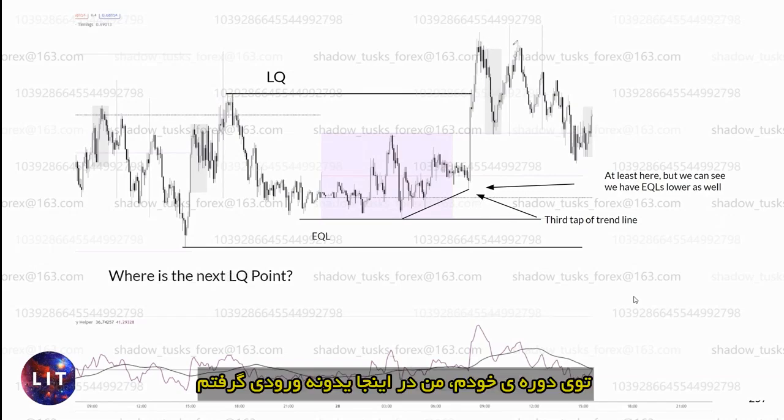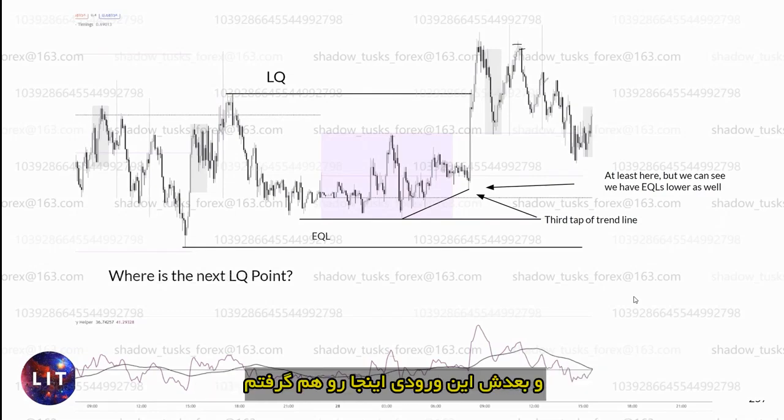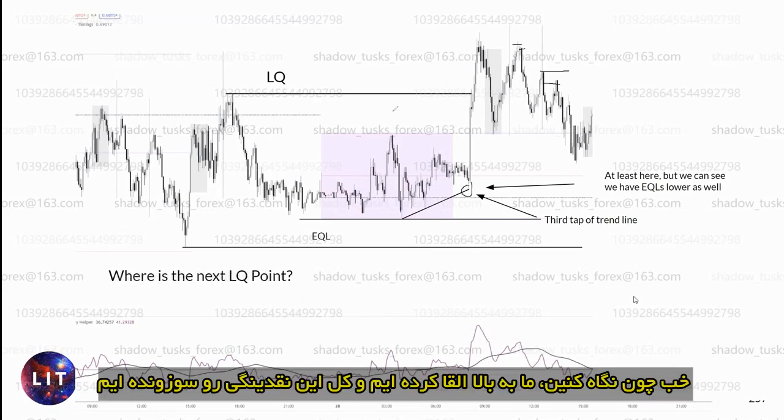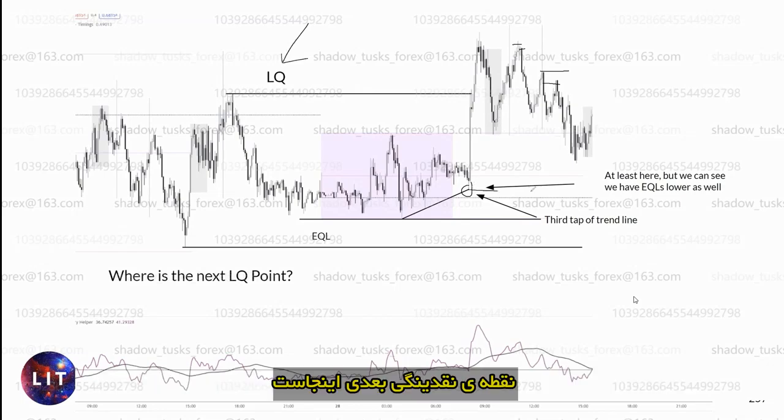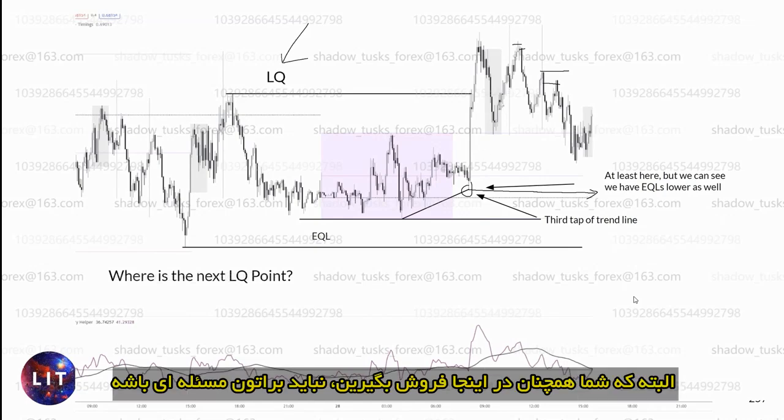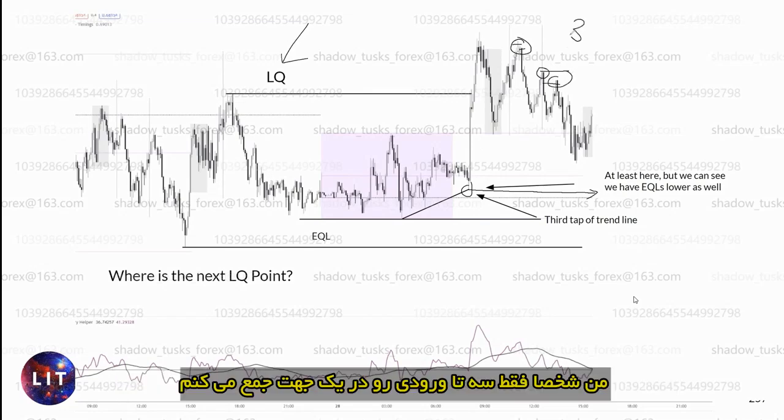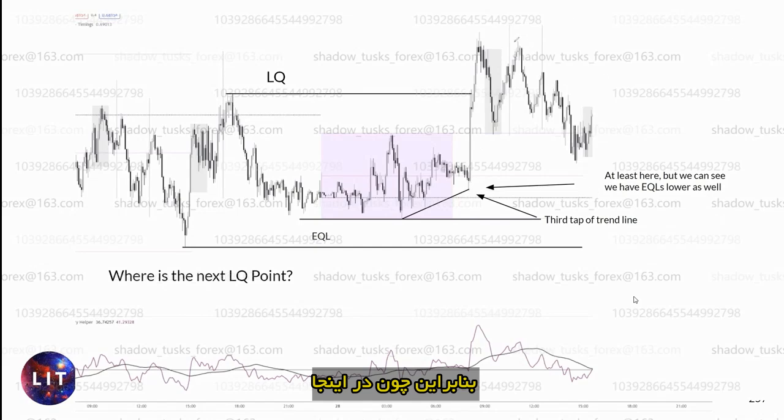On the edge, I took an entry here and an entry here, and then also this entry here. So why is this? Well, look, we've induced high, taken all of this liquidity. The next liquidity point is here. So in all honesty, you should be absolutely fine with continuing to take sales here, here, here. Personally, I only stack 3 entries in the same direction. So because I was in here, here, and here, this next entry, what I didn't take,